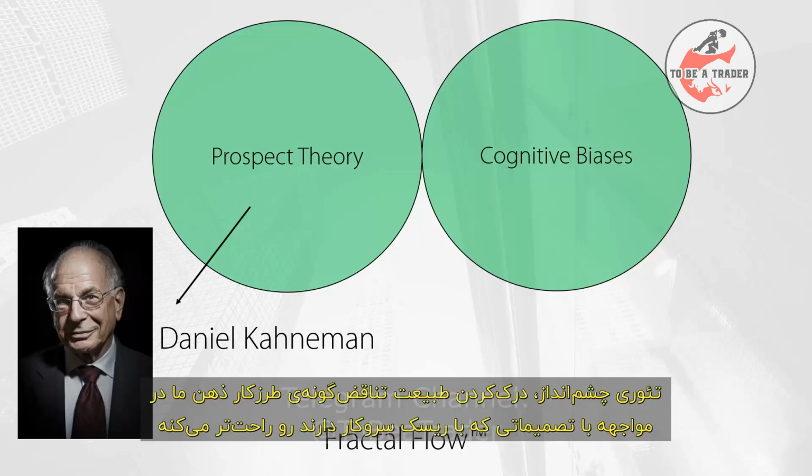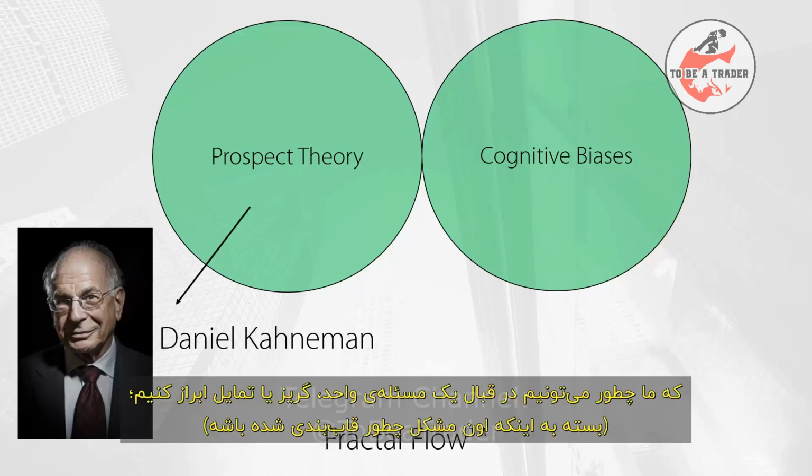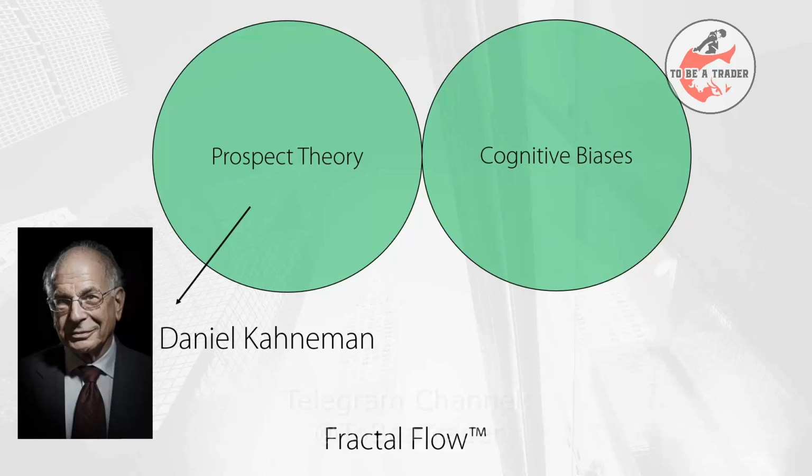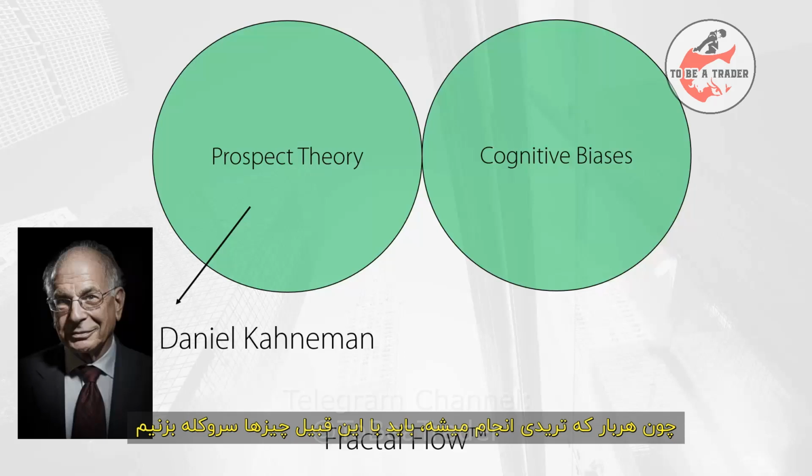The prospect theory makes it easier to understand the contradictory nature of how our brain works when we expose it to decisions that involve risk. The heart of the prospect theory shows how we can display aversive or seeking behaviors to the same problem depending on how this problem is framed. This has a major impact for traders because we need to deal with this sort of thing every time a trade is made.